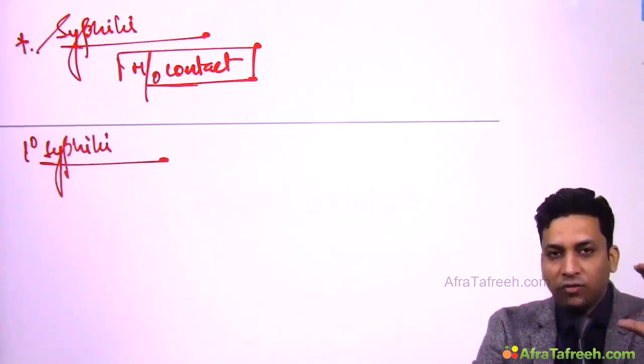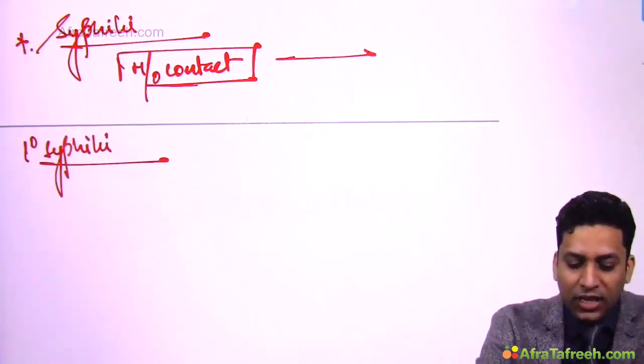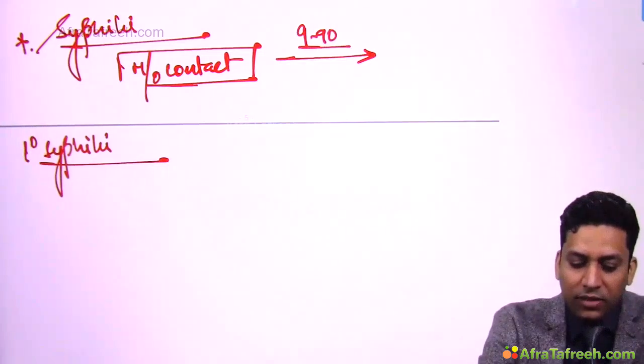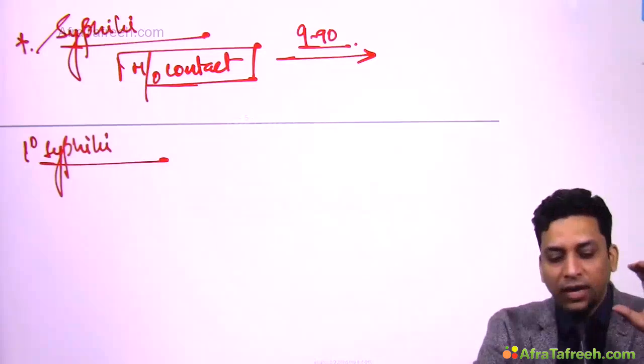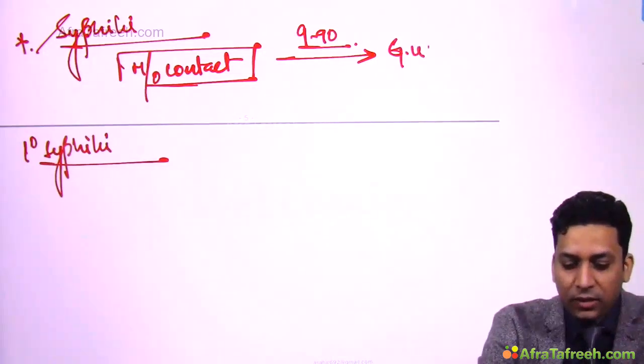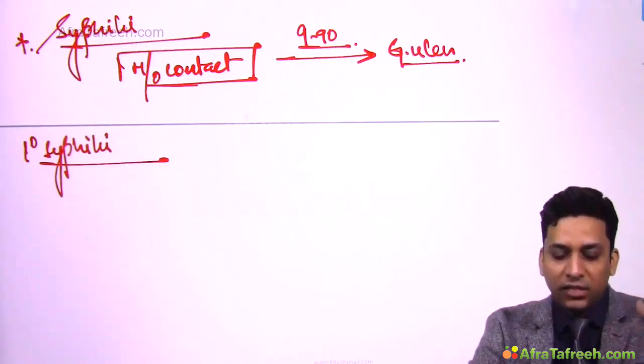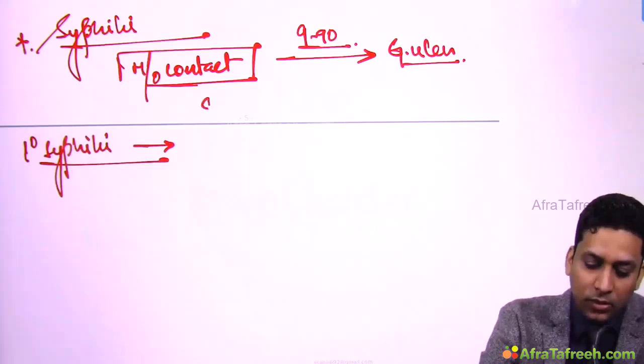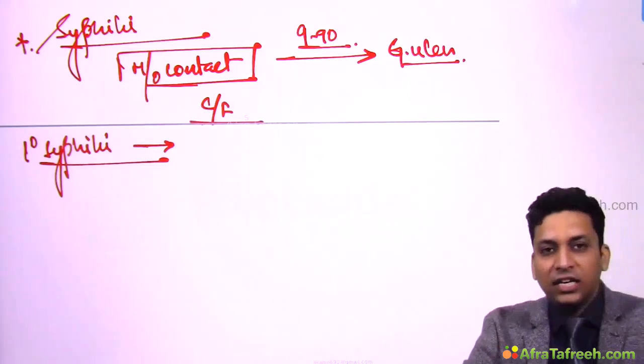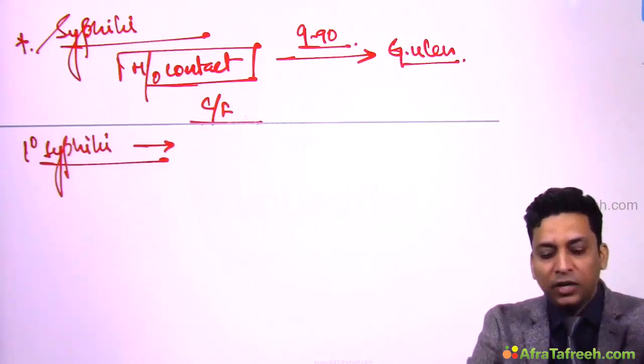Because there is an incubation period of 9 to 90 days in syphilis, within this period the patient will develop a genital ulcer. This genital ulcer which develops initially is known as primary syphilis. So how does primary syphilis develop? If we look at the clinical features, you will find that within 9 to 90 days